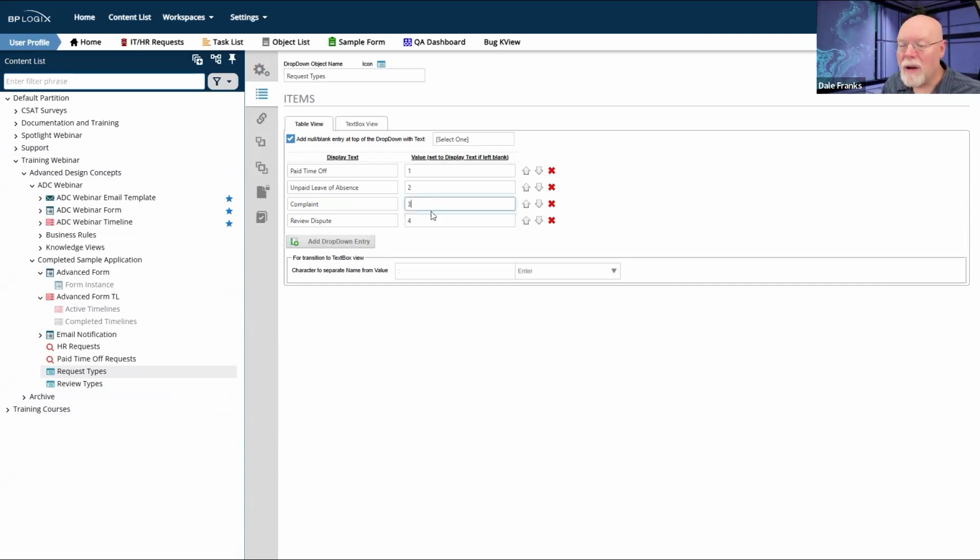So complaints and review disputes are going to get handled slightly differently. For the time off request, for all of my activities, it's all going to be straight approve, deny, and then it's going to get to HR, and they're going to do whatever HR does with time off requests, presumably puts them in some calendar and marks off the number of days that you've taken off, unless you work in an organization like BP Logix where we theoretically have unlimited PTO.